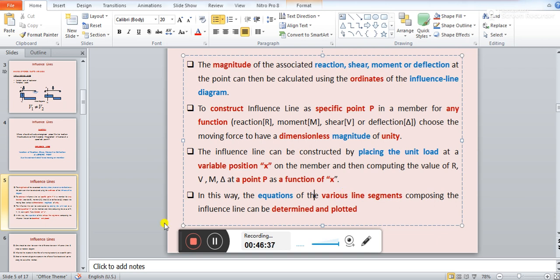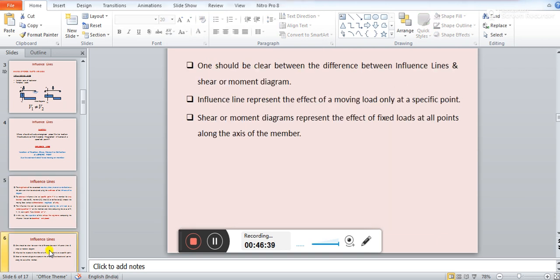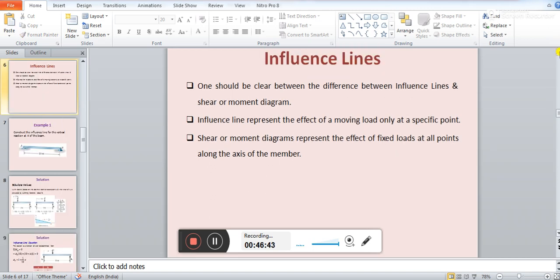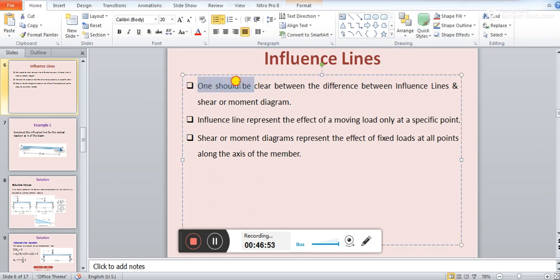Okay. Next. Finally, after all this discussion, we have got two or three things. The first thing is, one should be clear about the difference between the influence line